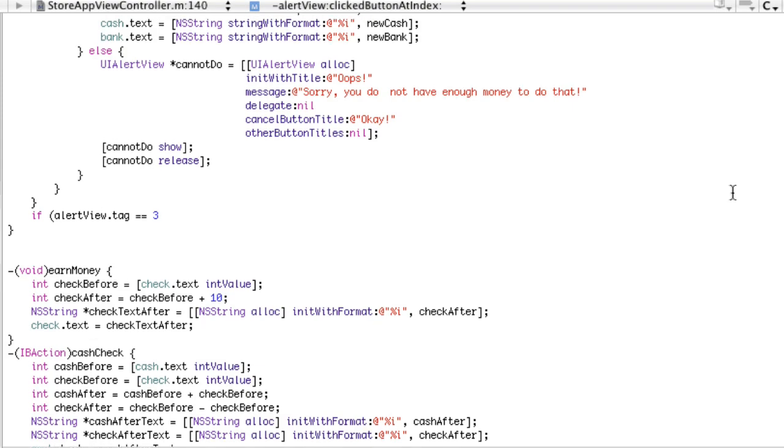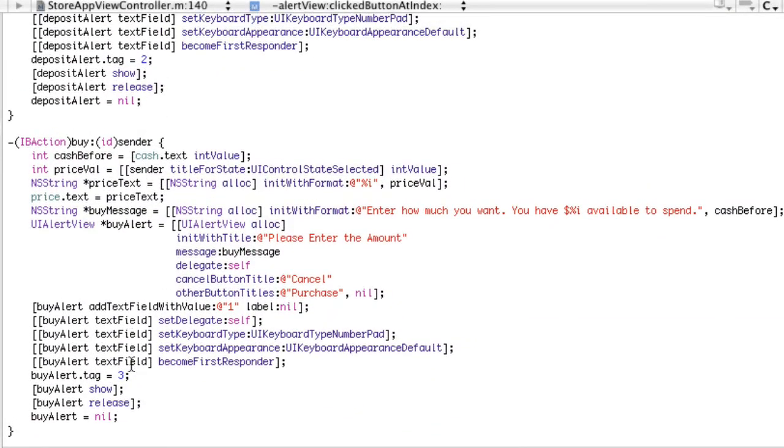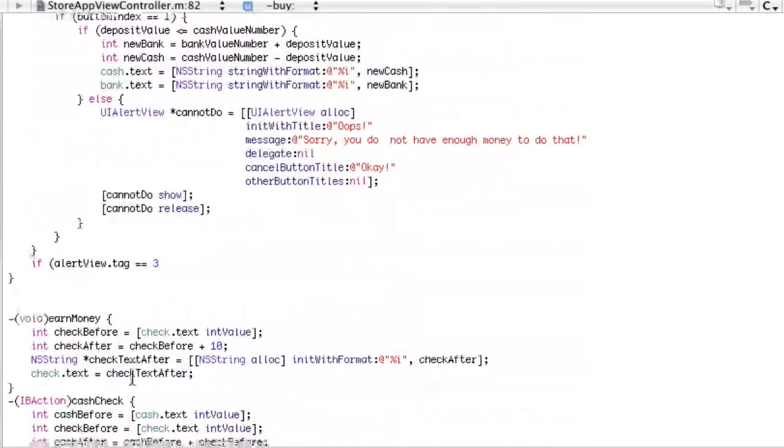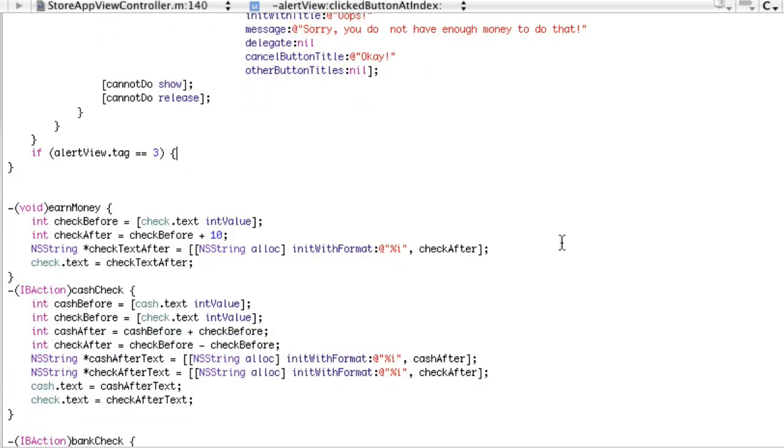So if the tag for the alert view is 3, which in this case is the by alert, then perform these actions. So close parenthesis, open curly bracket,